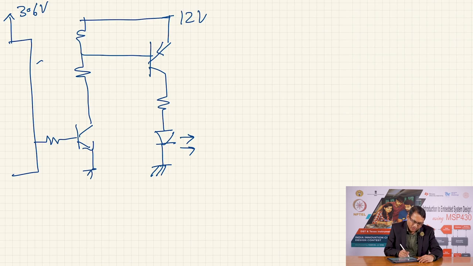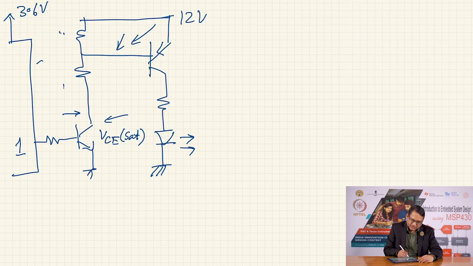Now, when I output logic 1, this transistor will be saturated, and therefore the voltage here will be VCE sat, which is a very low value, say 0.2 volts. Therefore, this voltage is at 0.2, and therefore, out of 12 volts I will create a voltage divider out of this. I can choose these resistors such that the voltage here is close to 12 volts, so as to, if I have one, I can make this ground and I can saturate this transistor, and so it will turn the